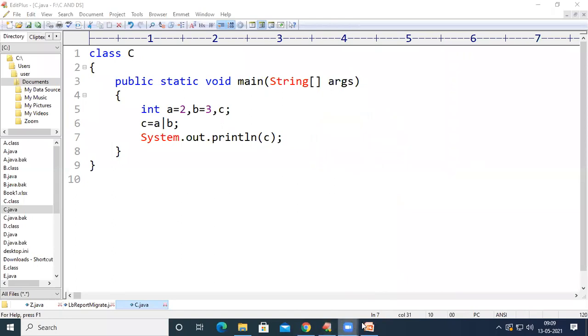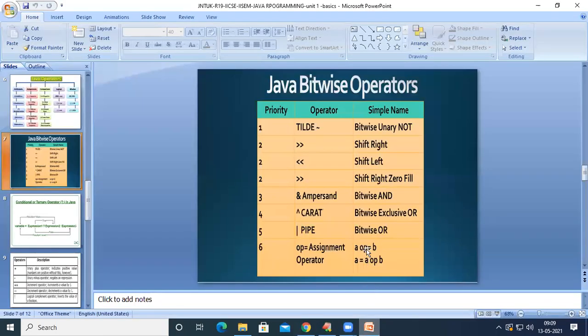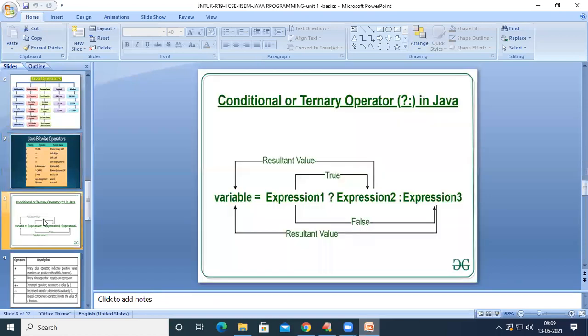The decimal numbers will be converted into bitwise numbers, and on these bits we are going to apply some operations like shift right, shift left, shift right with 0, etc. And then there is one more operator, called the ternary operator. Here we have an expression, and in case that expression is true, then the first one will be the output of this expression, and when the expression is false, the second one will be the output.